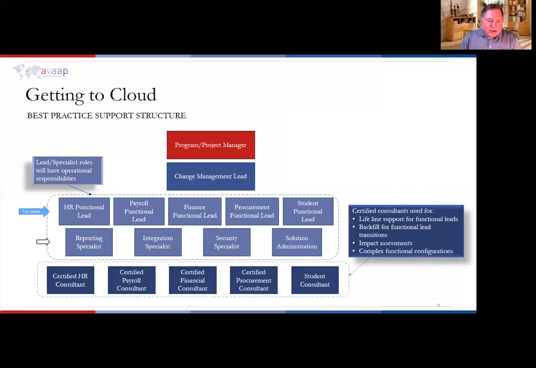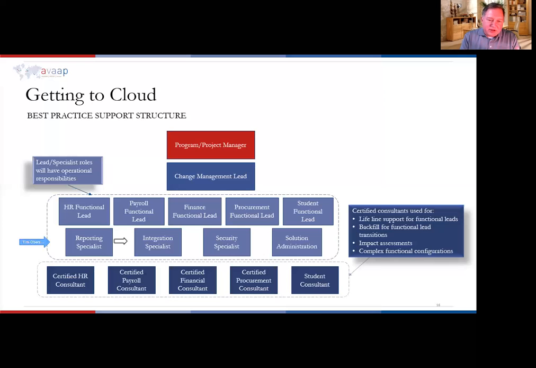And then down here, at this second level of resources, you basically have what we call our technology team. So instead of having folks that are server support, things like that, you have roles like reporting specialist or integration specialist, security specialist, someone that's responsible for the solution administration. Again, different solutions will call these things differently. They'll name the roles differently, but the bottom line is this is generally what you're going to see with a cloud ERP solution. Maybe in some organizations, this may be 2 people filling these 4 roles. In a larger organization, it may be 1 person for each. But the bottom line is this is the type of thing that an IT shop will be doing going forward,